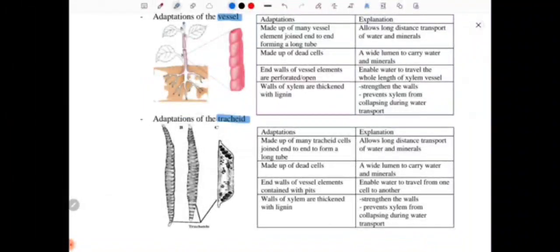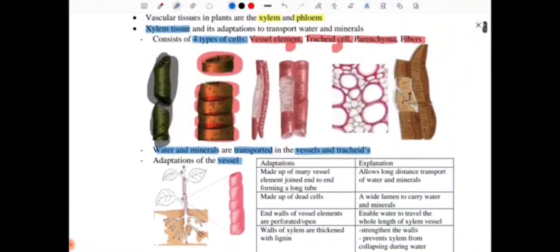So the xylem consists of the tracheid and also the vessel. So water is being transported in the tracheid and also in the vessel. So there are two parts to the xylem. One is the vessel that is made up of the vessel element cells, and the tracheid which is made up of the tracheid cells. I hope you can understand. Now